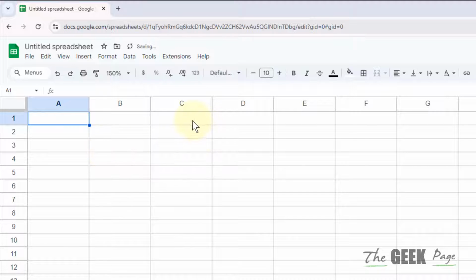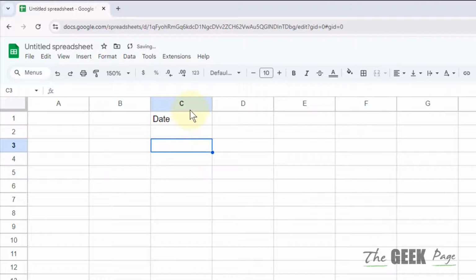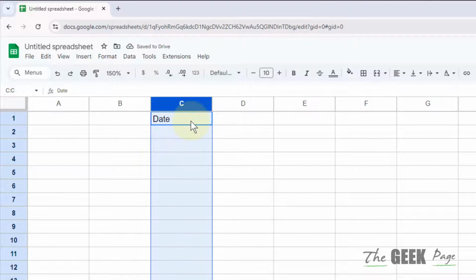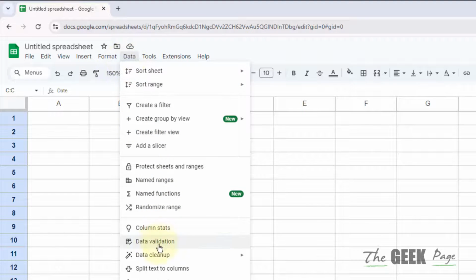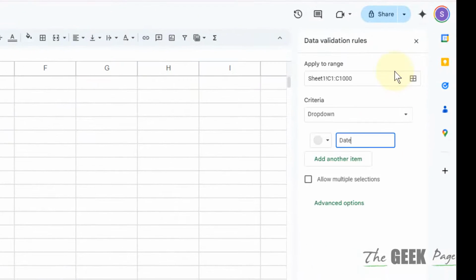But what if you want to make a pop-up calendar on every cell, so that whenever someone double clicks on it, he can choose a particular date? So in that case, what you can do, just select the whole column. You can also start it with a heading. Now select the whole column, click on data and click on data validation, click on add rule,